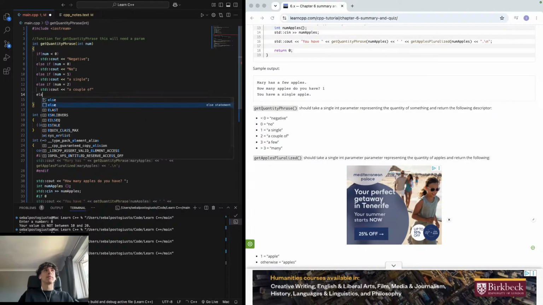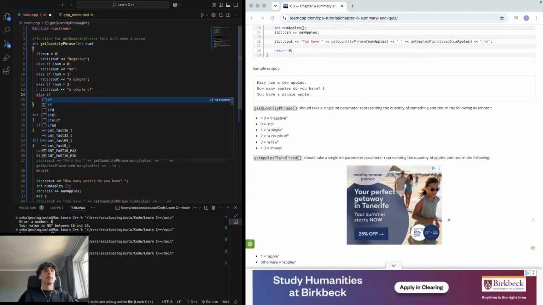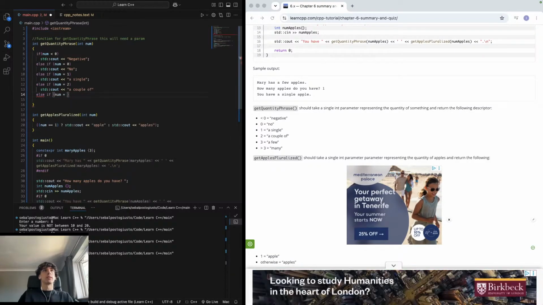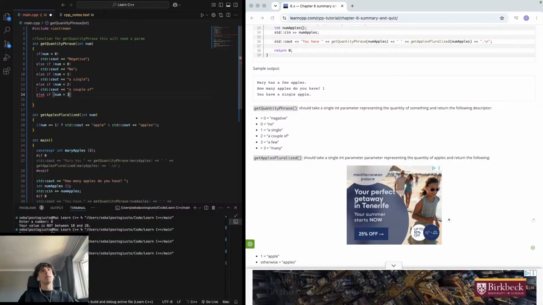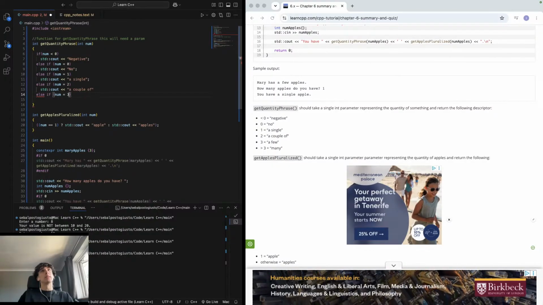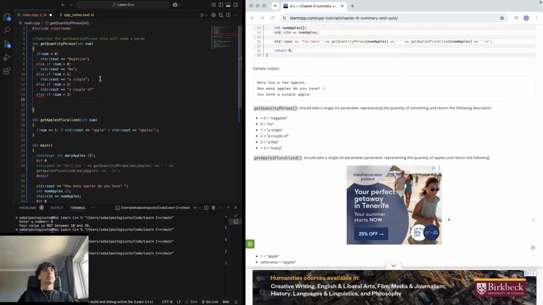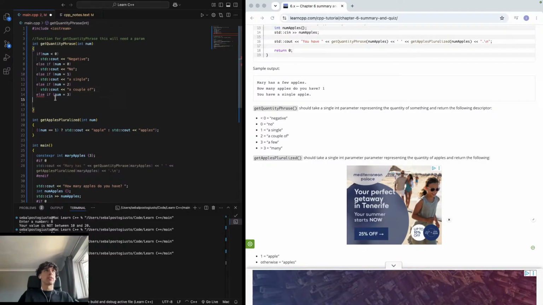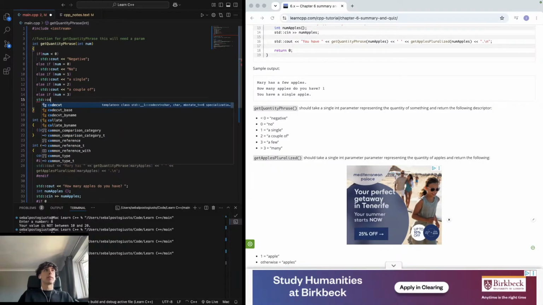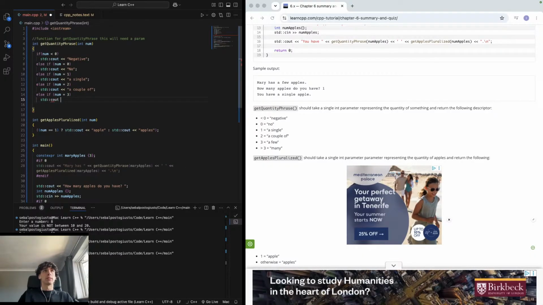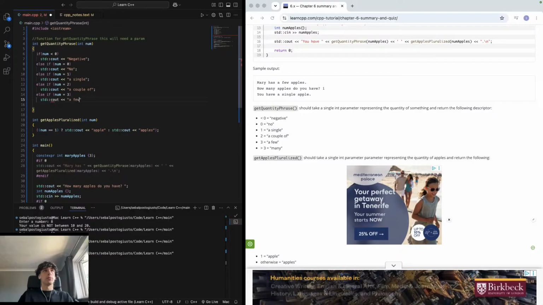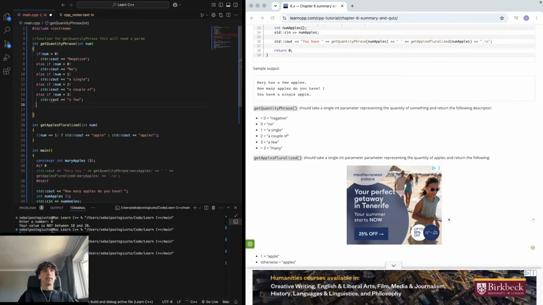Else if num equals 3, and then that's why we're producing the error. So standard character output a few, and then